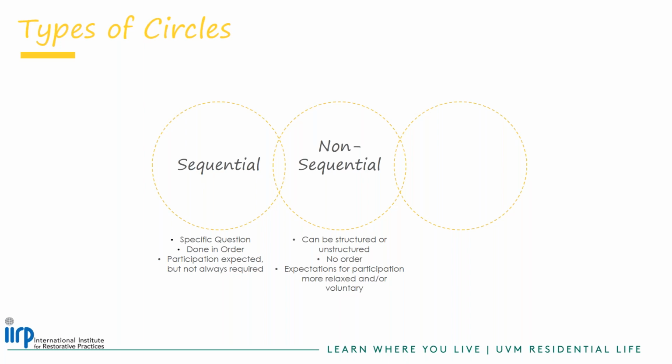Oftentimes, when our RAs or our staff are facilitating a circle that can be emotionally charged in nature, especially around, hey, we're here to discuss the impact that this bias incident on the floor had, we are often used to say, hey, what came up for you when you found out that this slur was written on a bulletin board? That's a non-sequential circle where we don't want to necessarily force or require everyone to name that, right? Because not everyone in that space may be comfortable doing so. So that may be questions that are challenged by choice.